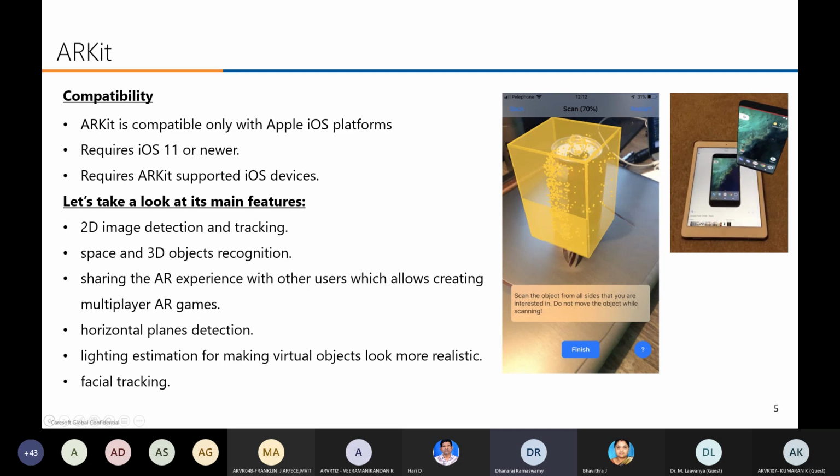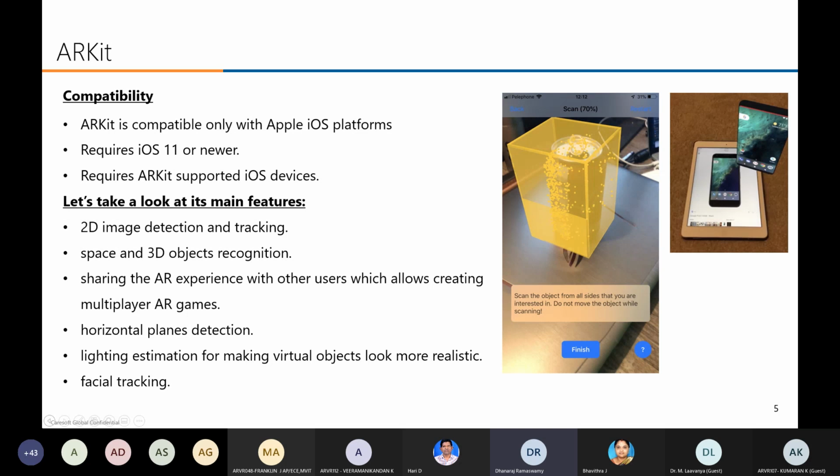So make sure while buying a mobile that it supports AR. For example, when Jio was released, you used to check whether the phone would support VoLTE, otherwise the SIM card wouldn't work. Like that, if you are developing an AR application, you have to check that the mobile supports AR features. Otherwise, the application won't run.